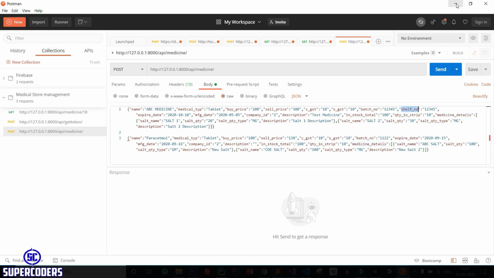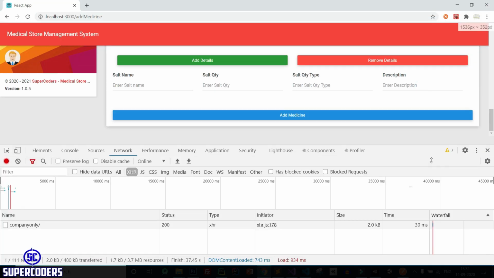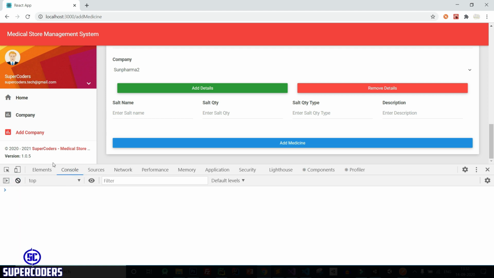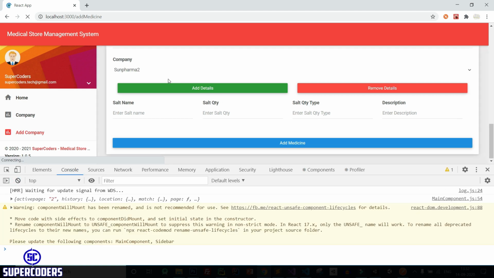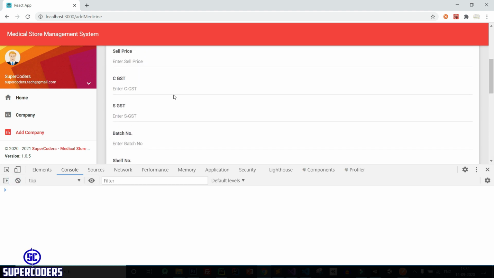Now let's check it's working or not. So minimize the Postman and back to Chrome and again minimize this also. Open console, clear the console, refresh page. Let's check again, clear the console. Let's check again.